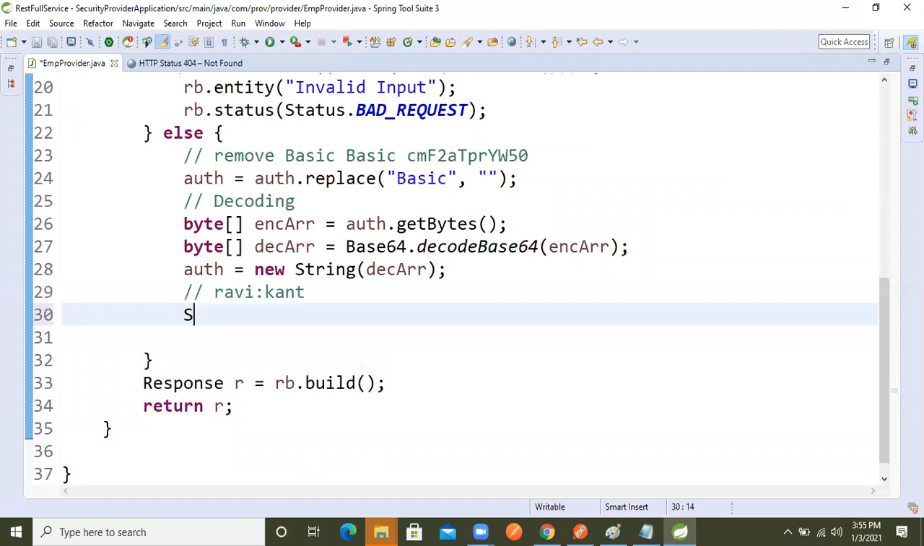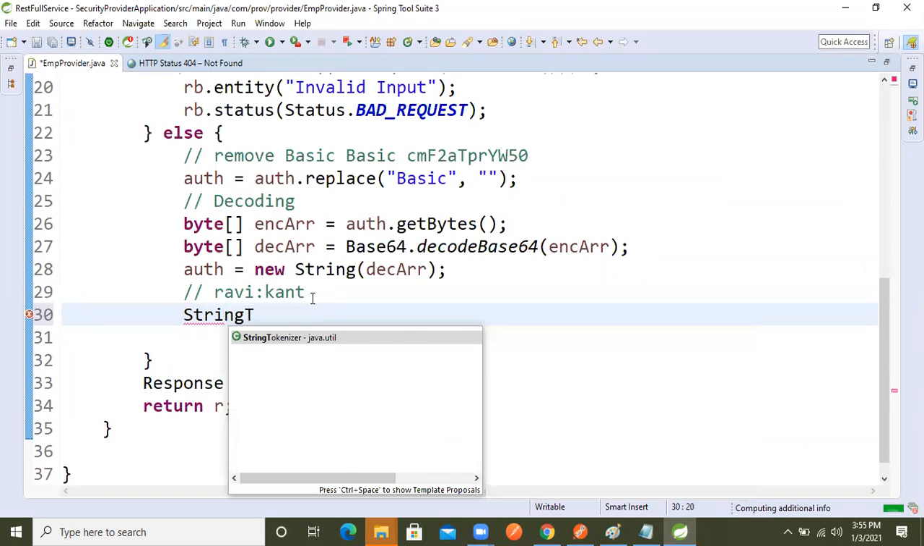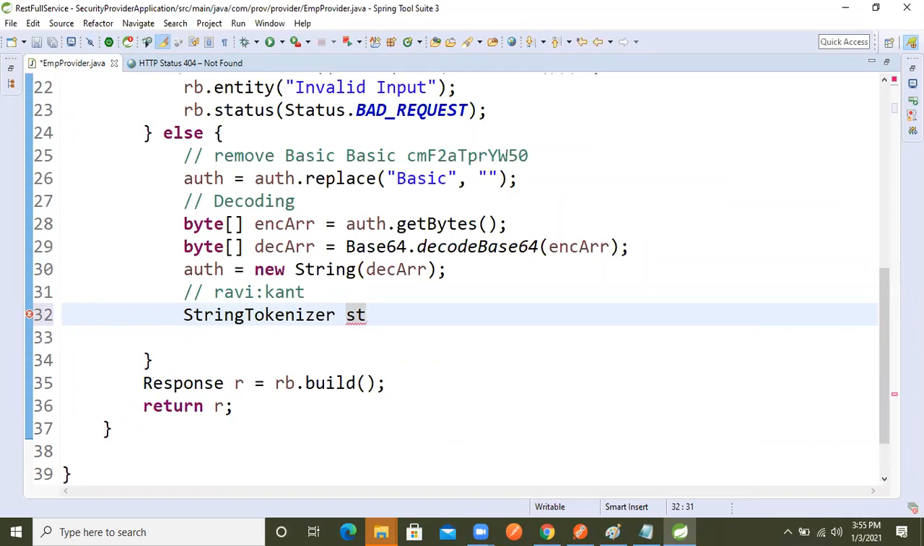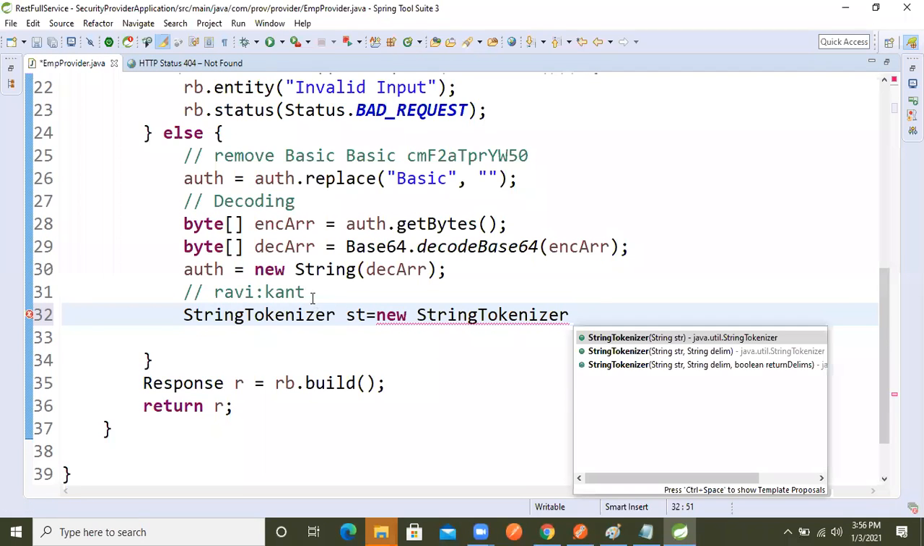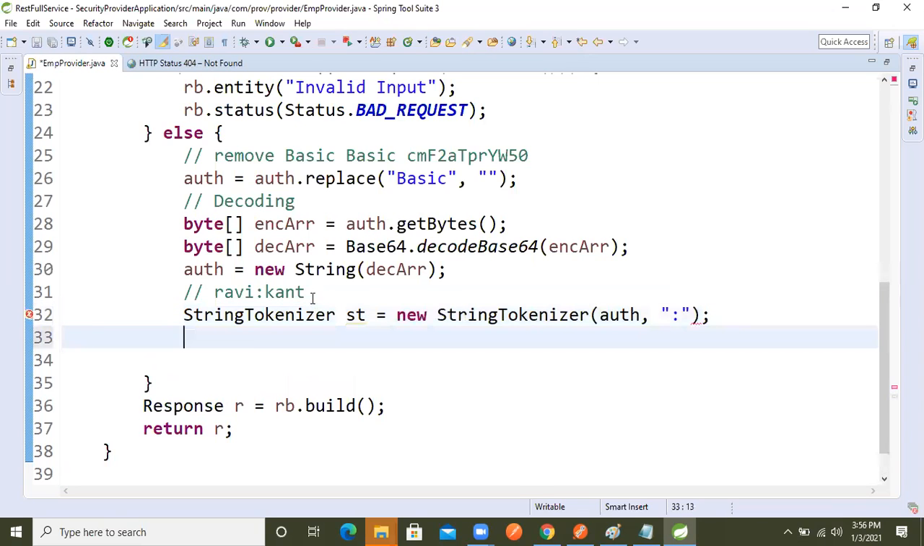Let's create a string tokenizer. st equal to new StringTokenizer, with the constructor that takes a delimiter. In that we will pass auth, and after that, in the delimiter, we will pass this one. Okay, now after passing this here,